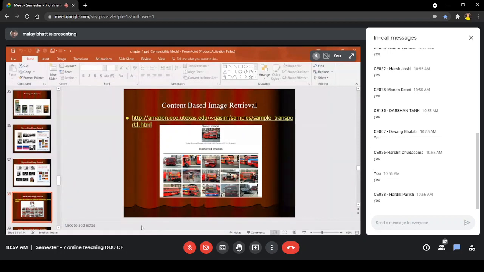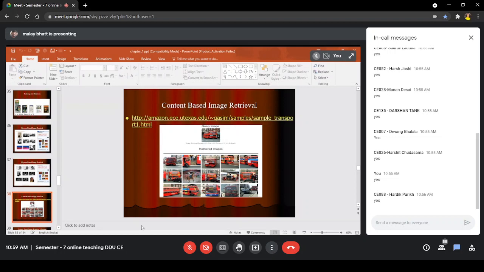So here, from the query image, it will extract the various features. Like in this first one, it is a double-decker bus. So what are the features of that double-decker bus? You can see that there are wheels in the bus. There are 2 stories in the bus, which are known as decks. Then you can see the color of the bus here. Also, you can see there are windows in the bus. So these are the various features, that the shape of that bus will be a rectangle, and all these features are extracted from it.